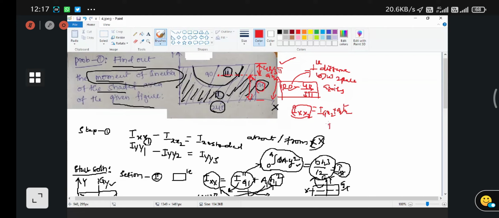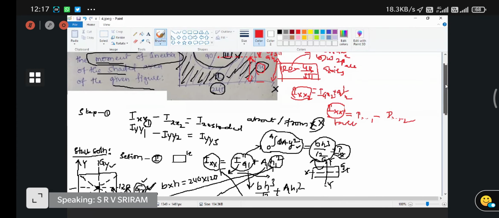So from this, if you want to find the moment of inertia Ixx about the base axis, it is equal to the value from the larger one, that is the first rectangle section. If you subtract the second, this will give you the entire moment of inertia about its base axis. So that is the thing. In the next 5 to 10 minutes we are going to do it.